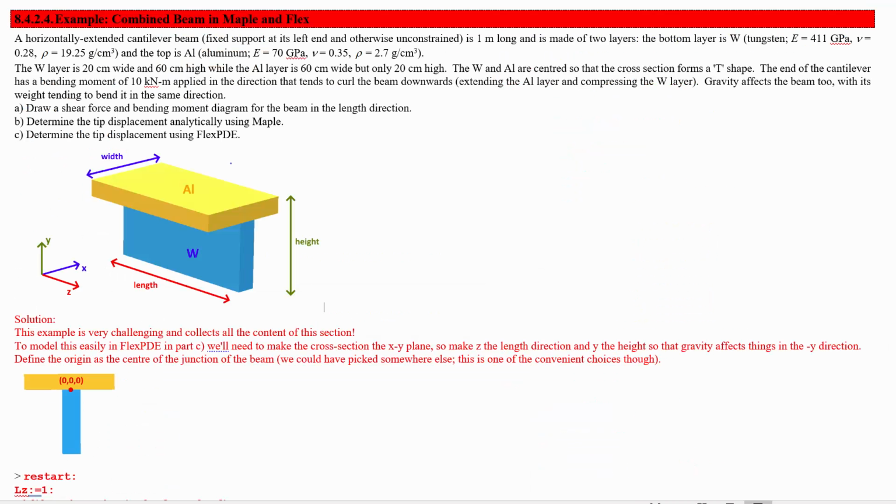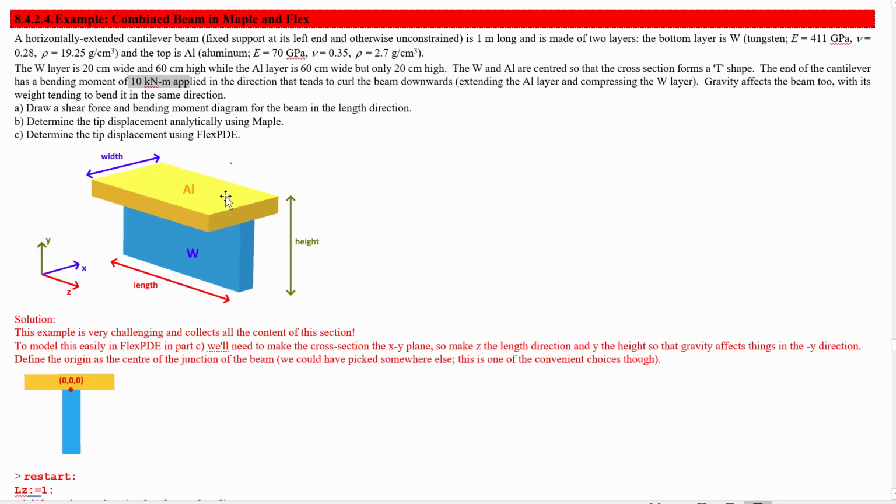All right, one more example, and this is a big one. This is going to be bigger than the test example that we're going to do in another video. So this is going to be a lot of fun. Okay, combined beam in Maple and Flex. We've got a beam which is tungsten and aluminum, and the aluminum has a different width and different thickness than the tungsten part. We have a pure moment applied at the end of it of 10 kilonewton meters